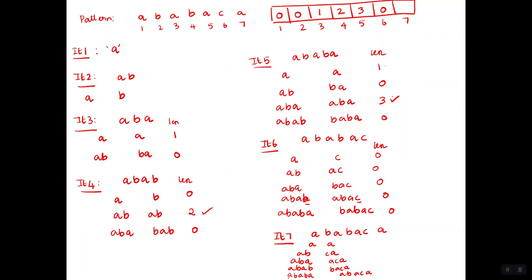So the sixth character, I'll write it over here. A, B, A, B, A, B, A, B, B, A, C, A. So if you consider the length,